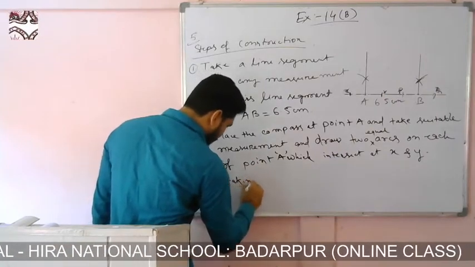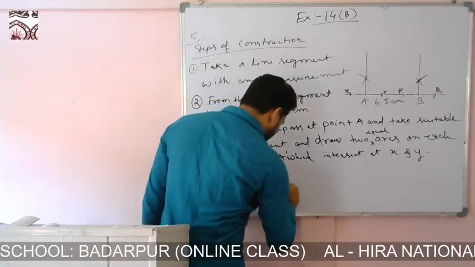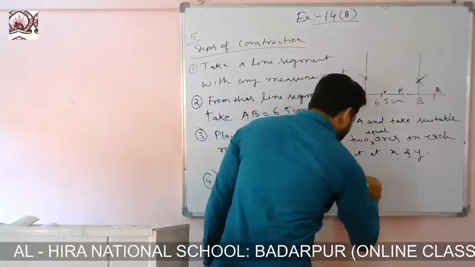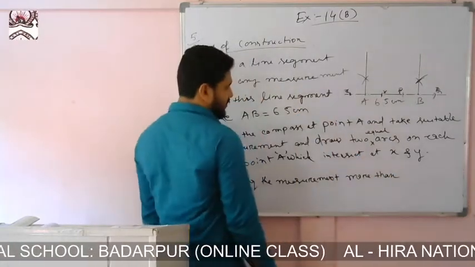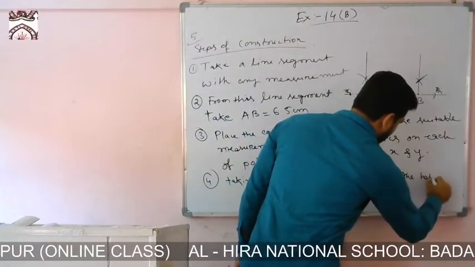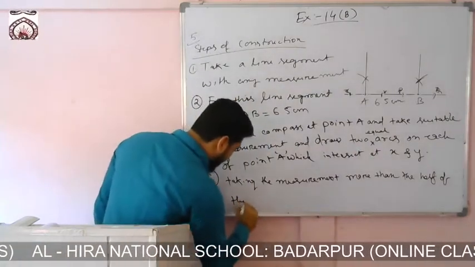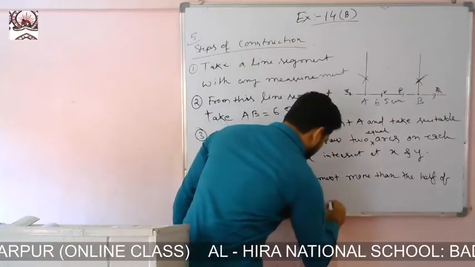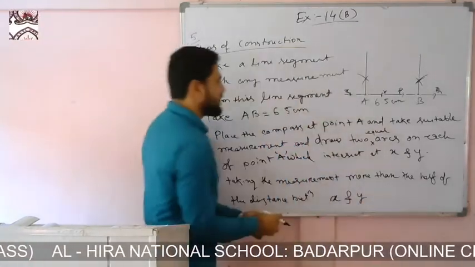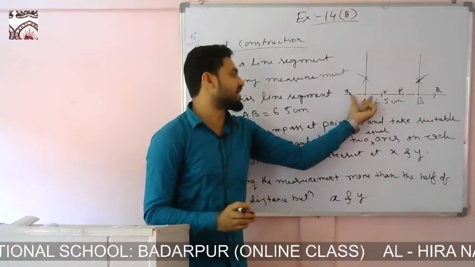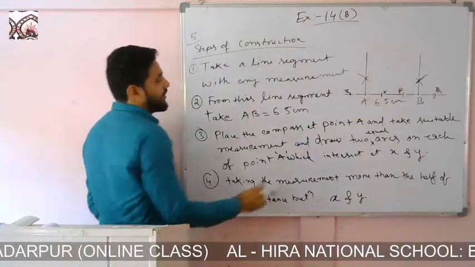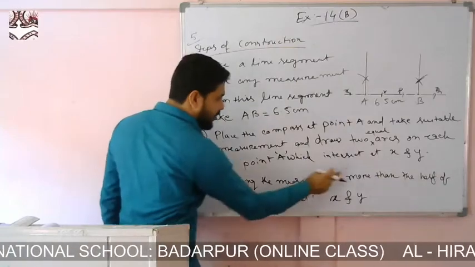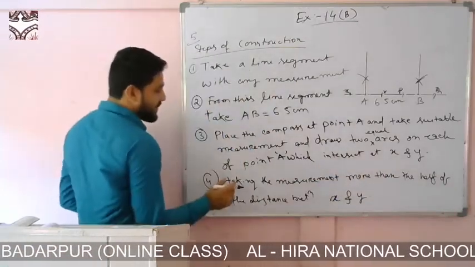Taking the measurement more than half of the distance between X and Y. That means from X and Y I have to take a distance just more than half of X and Y. So, taking the measurement more than half of the distance between X and Y,